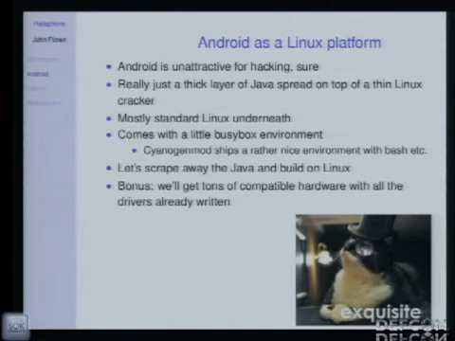So we said, all right, let's scrape all that off, kind of like when you don't like mayo on your sandwich, so you just scrape it right off. So we scraped that off, and now we've got this Linux platform, and sure, it's not driving the screen or anything. We can't get a prompt except through the USB port. But this means we have a huge variety of hardware sitting there running Linux. It's got support for the radio now, and the drivers have been written. It's just waiting for us to open up and jump in with our own platform.